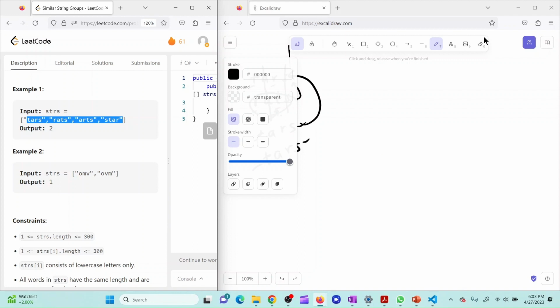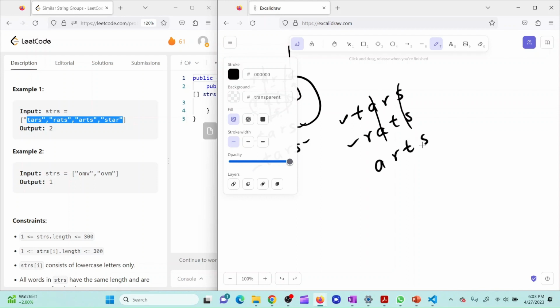So let's say we start with TARS, and then RATS. They are similar, which means they belong to the same group. Now we add ARTS. If you look at this, the S and S are the same, T and T are the same, and A and R are different, so I can swap them and make them the same. So they belong to the same group. Now if I look at STAR,